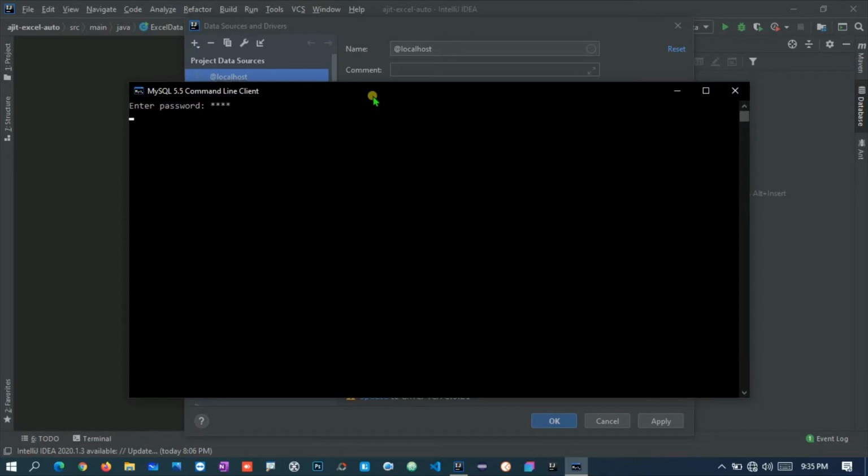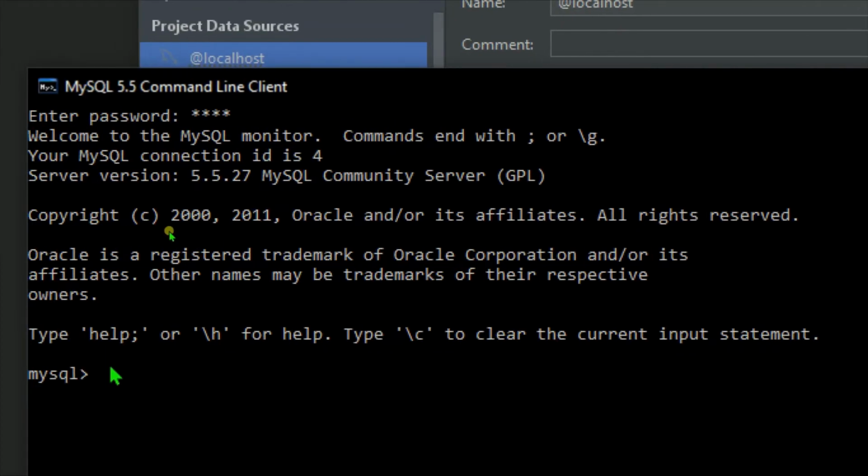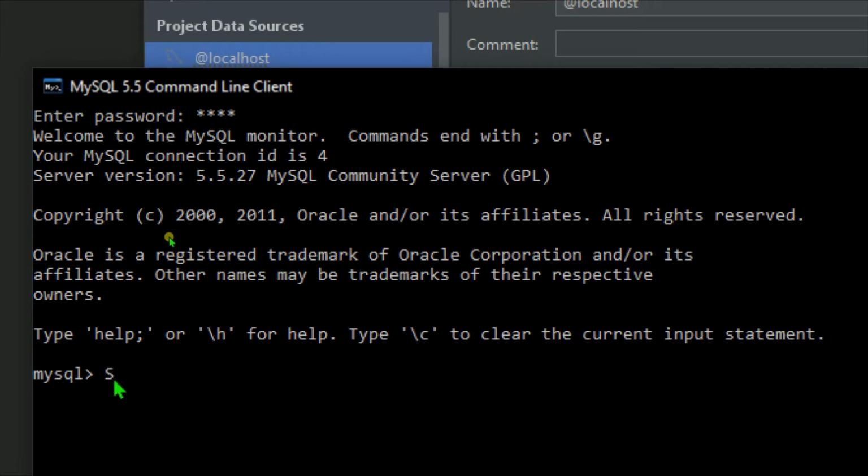Let me give the password, and then let me type the command: show variables where variable_name equals port, like this, and let me hit enter.